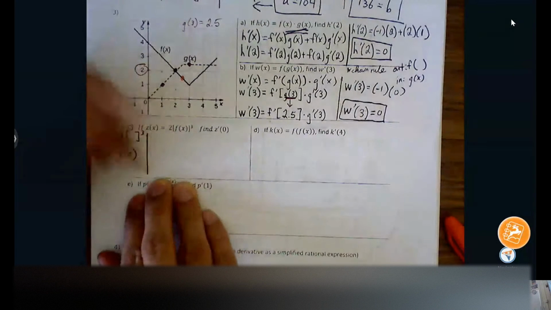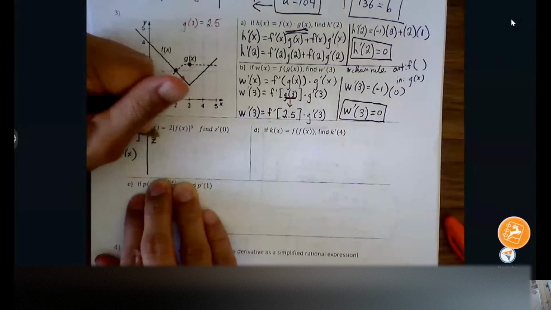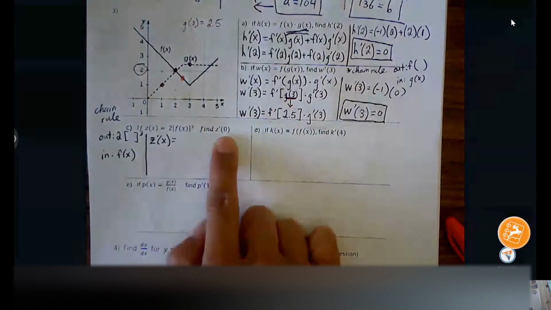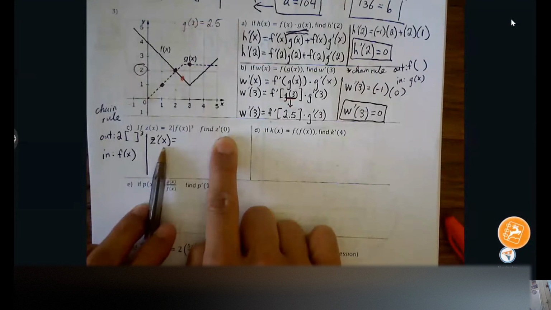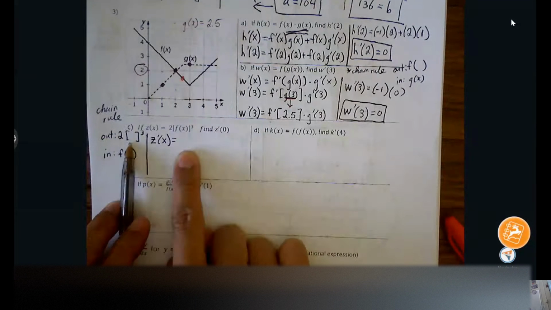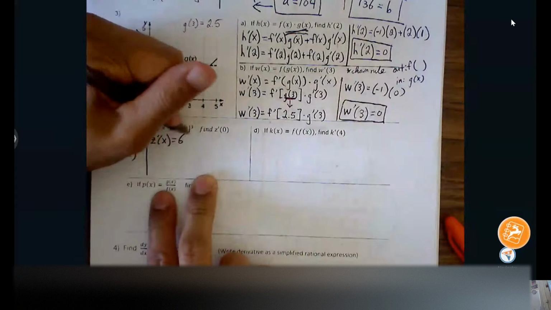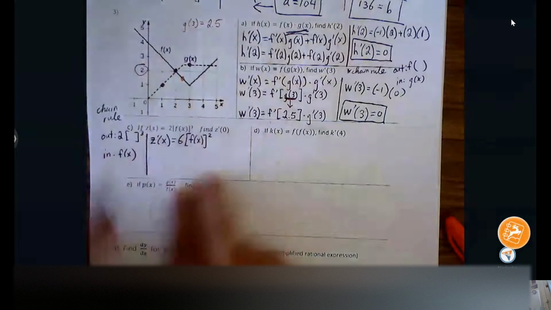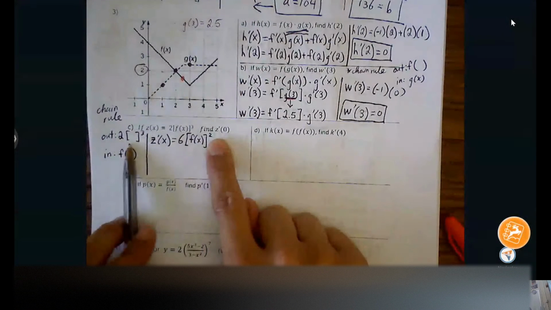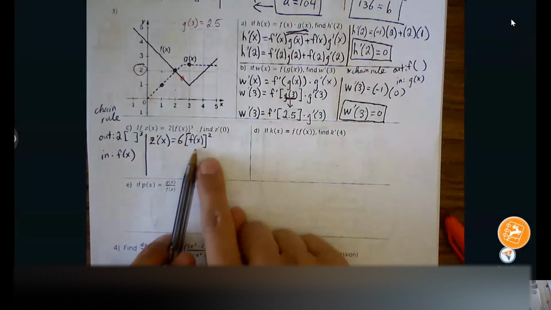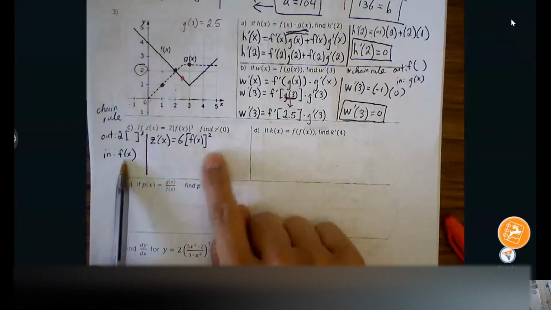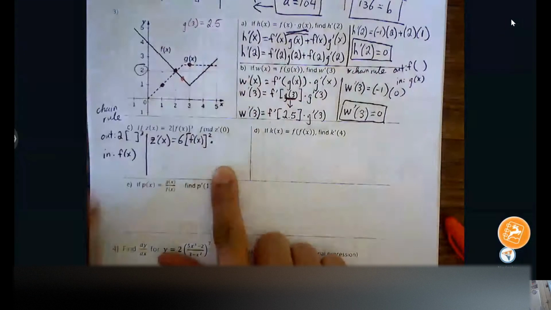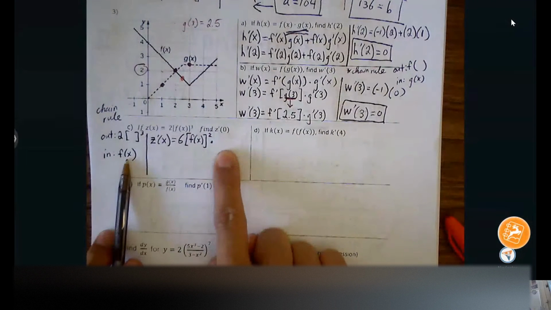So sometimes there's a mixture between parts that are power rule and parts that are just function notation. But either way, it's chain rule, right? So we take turns with the outside followed by inside's derivative. Let's not worry about the 0 yet. Let's just figure out what z prime of x is. Okay, what's outside's derivative? 6 brackets f of x bracket squared. Right? We take the outside's derivative, bring down 3, subtract 1 from the exponent, but we leave the inside alone. And now, in a separate location, we're going to put the inside's derivative. So f of x becomes